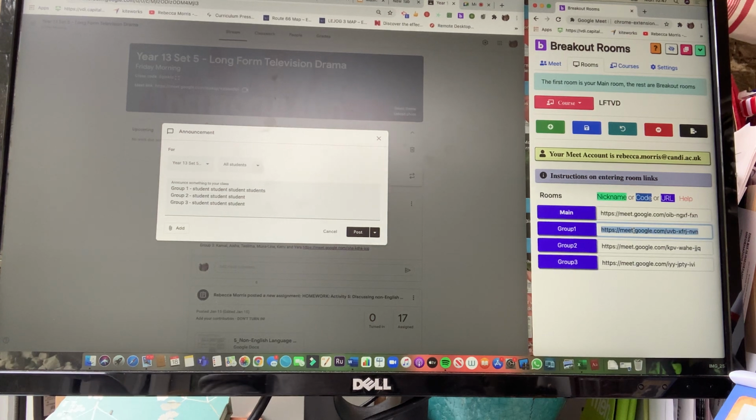So all I need to do now is to copy those over here. So there's the link for the first group. I know it seems like it's a bit time consuming, but actually this really only takes a couple of minutes. And then once you've done it once, you've got it there forever. There we go. So now what I've got is the group numbers, the student names, and the link that they're